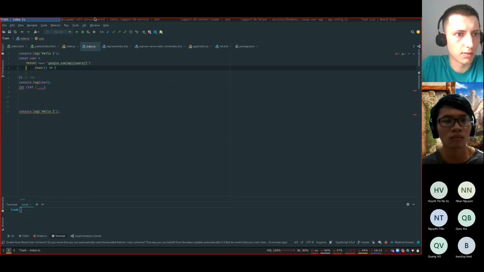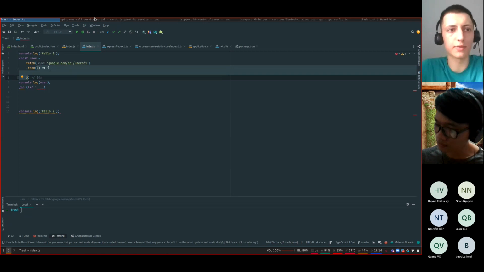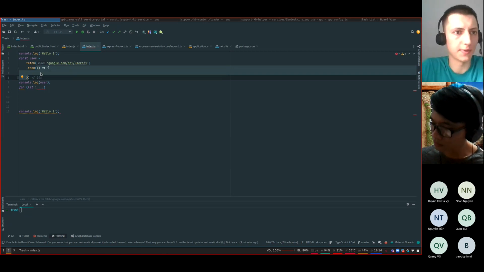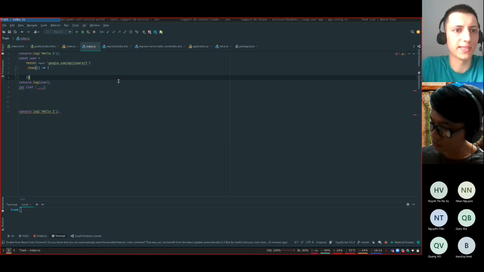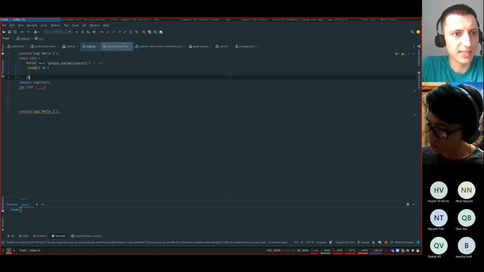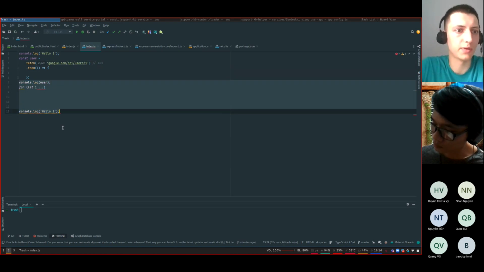So now the flow will be as follows. When we run this code, the callback function in then won't be executed right away. If this request takes 10 seconds, it means that during these 10 seconds our other JavaScript code will be executed.